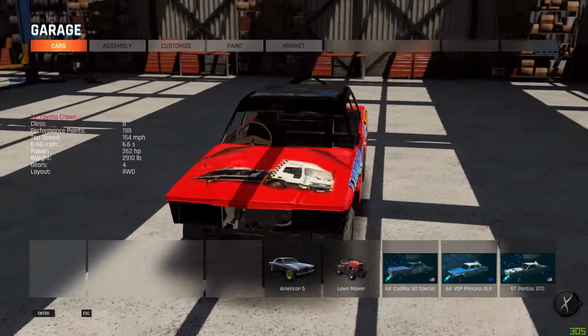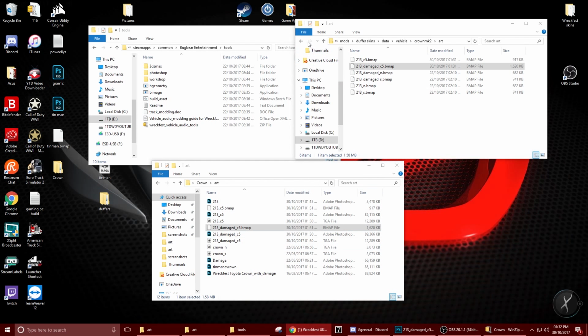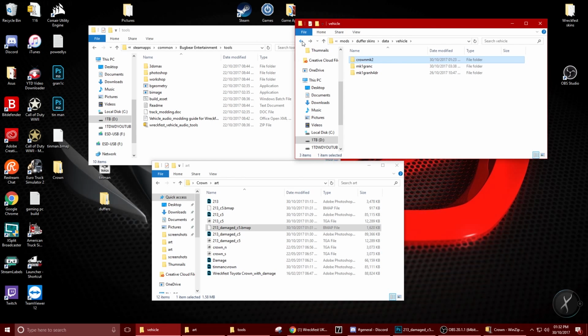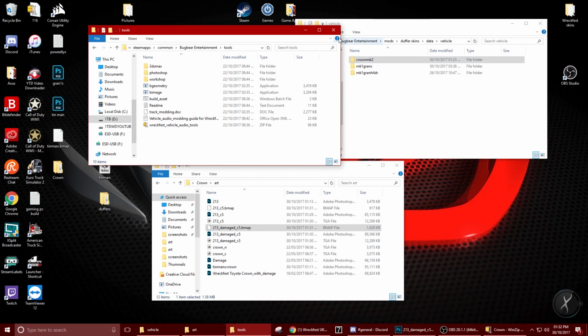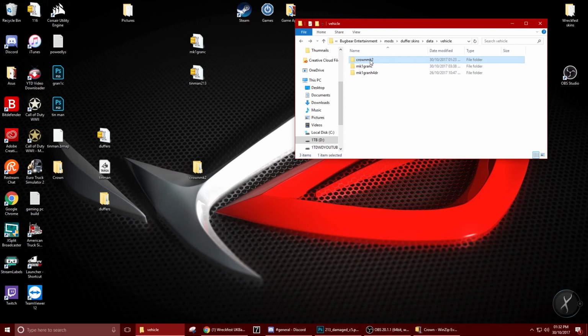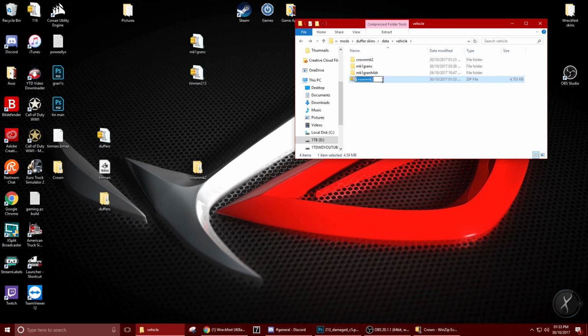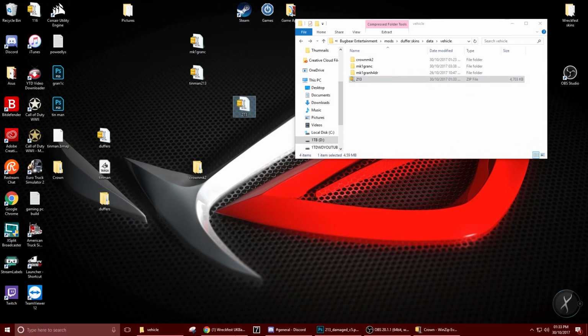So there we go, ladies and gents. That is how you paint and put a car in game. But how do I send this skin in to someone? You might be asking. This file here, send to, compress zip, boom, enter, rename it 213, boom, copy that out of there,